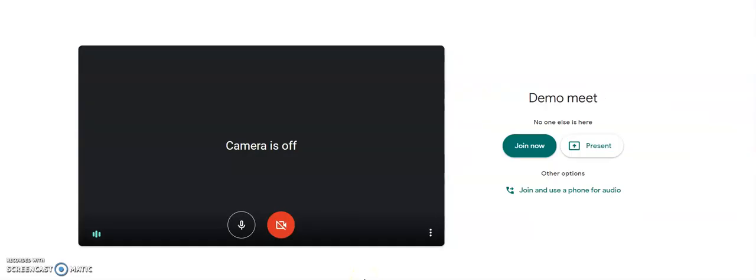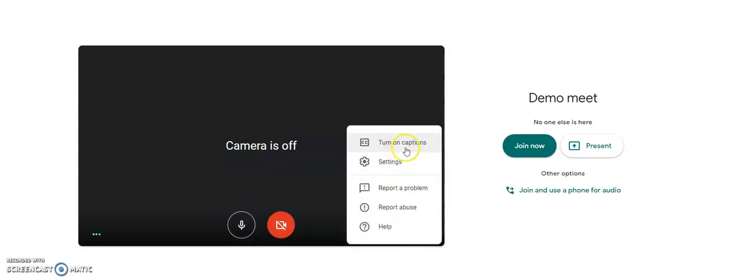When I start a meeting, I get the interface like this. So first you can look at the settings. That is a camera setting and a microphone setting. I have made the camera off right now, and my microphone is on. So this is the first setting that we have. Then if you look here, I can turn on the captions. So the captions will appear on the screen, but that I will explain later.